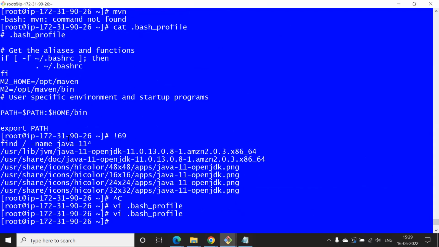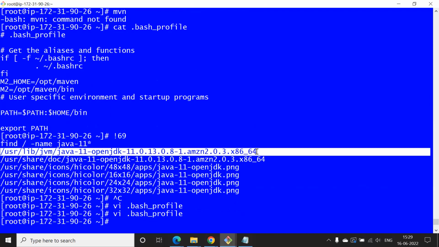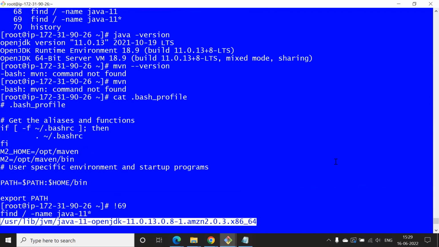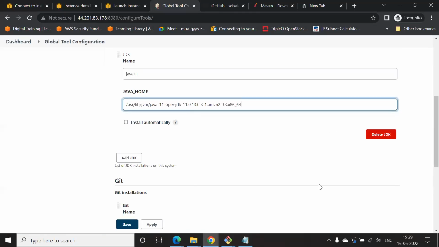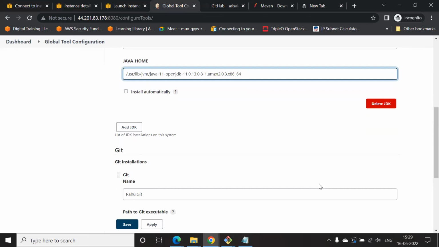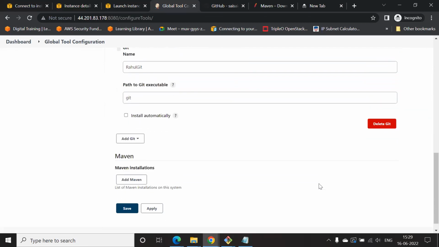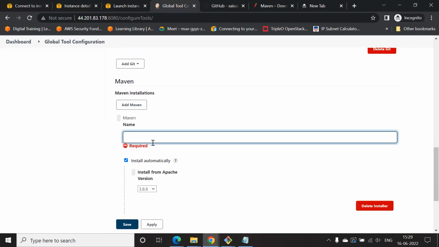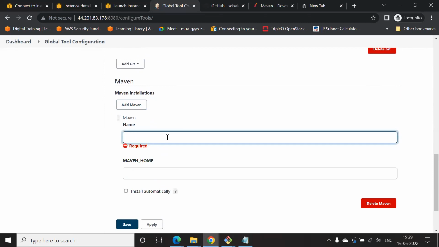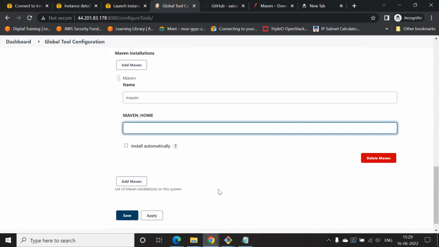This was the path. First, copy. That's it. Paste it. Okay, so that should be good. If you scroll down, you should find a similar section, Add Maven. Uncheck Install automatically if it is there. Then just say the name is Maven. MAVEN. And if you go back to the console,